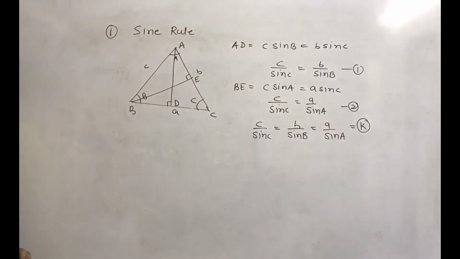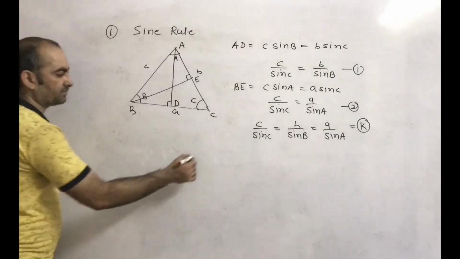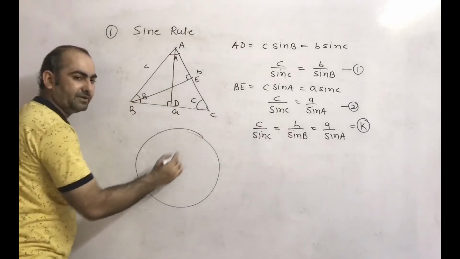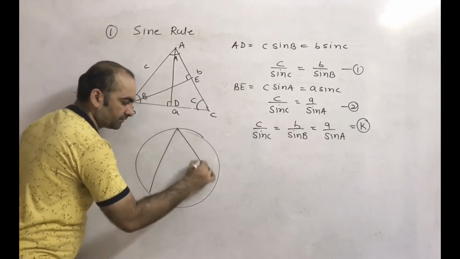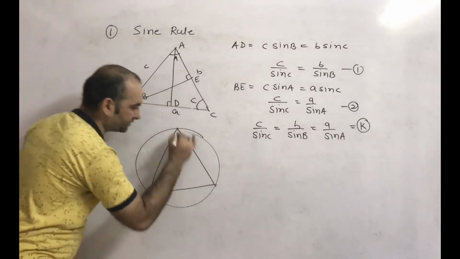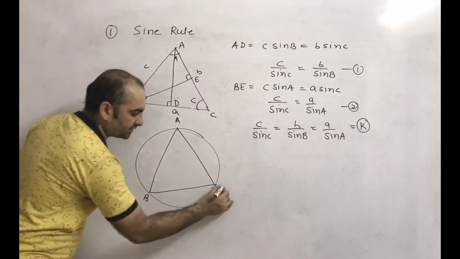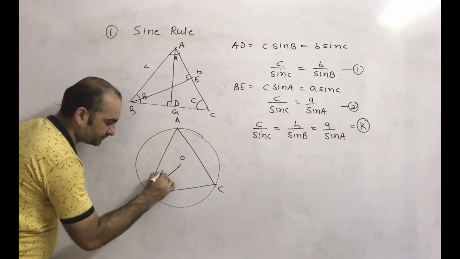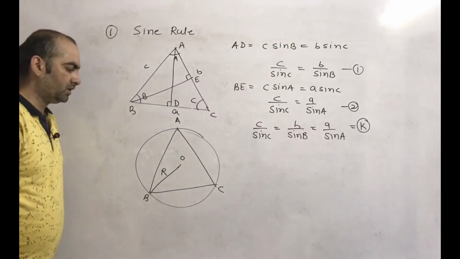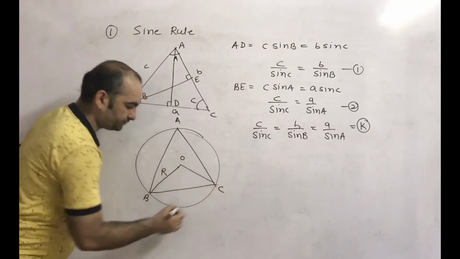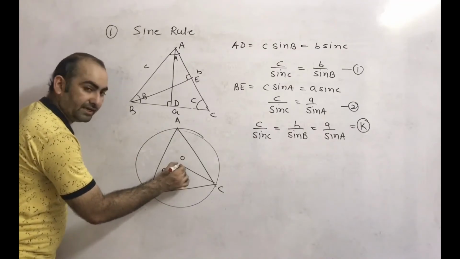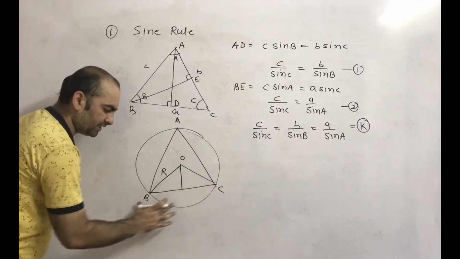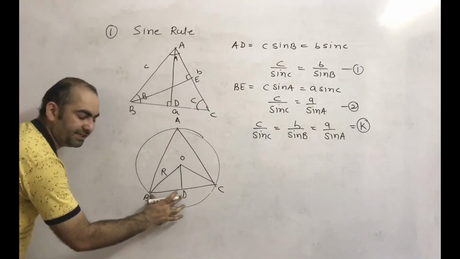What is this constant? Okay, so we are taking the circumcircle of triangle ABC. So that means ABC will be inside this circle. So this is A, B and C. This is the center. And this is the radius. This is radius. Okay, so we are joining this one also. Now from the center we are drawing a perpendicular to line BC. BC is a chord. So the total length is a.